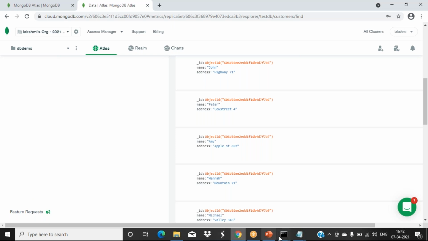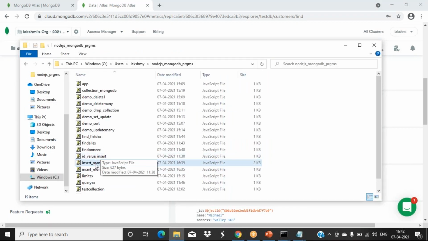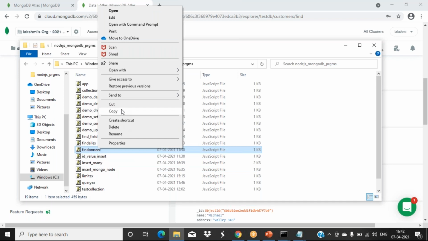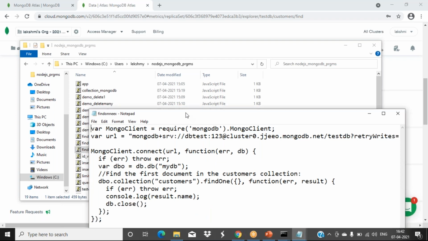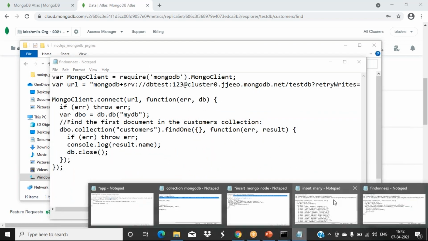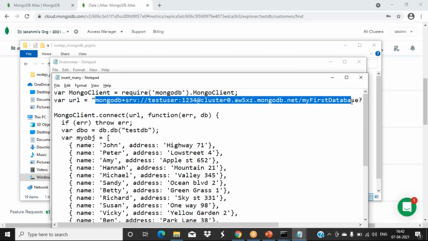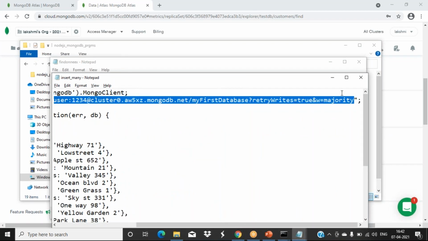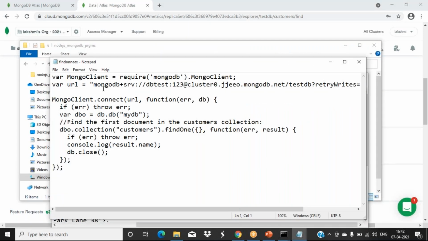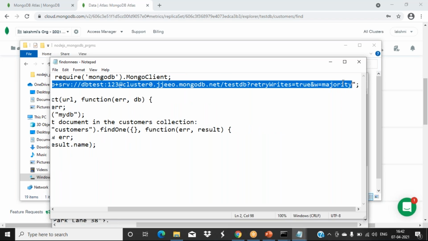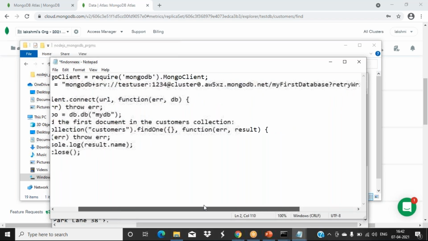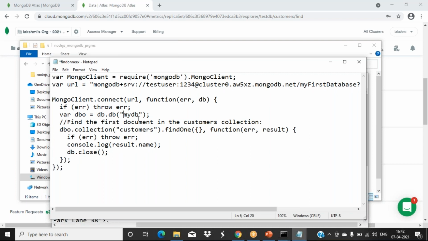So here you see the program, how we will write it.